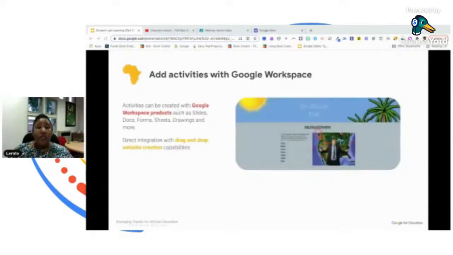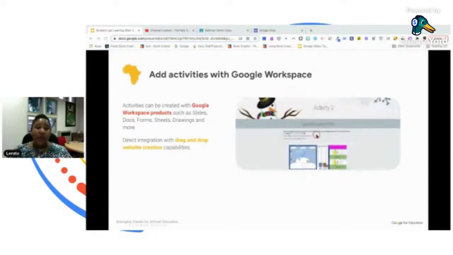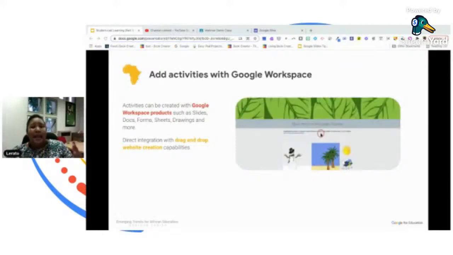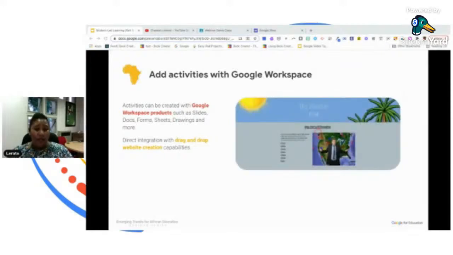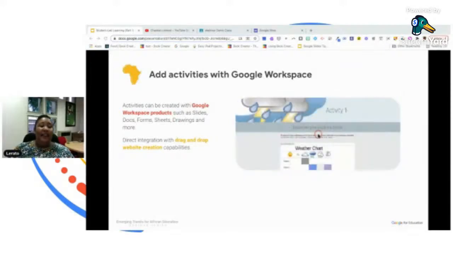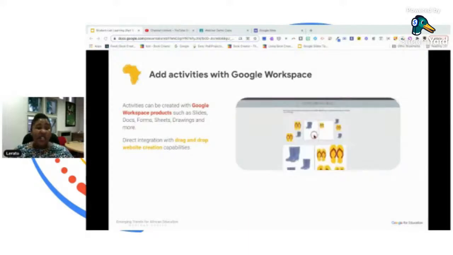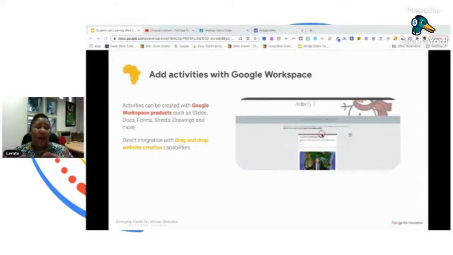One of the reasons Google Sites is so effective is the easy integration with the Google Workspace. Another amazing reason for you to switch over to Google and explore the Google Workspace and all that it has to offer. You can drag and drop learning activities created in Google Slides, Sheets, Docs, Drawings, and Forms. How amazing and how convenient for us.